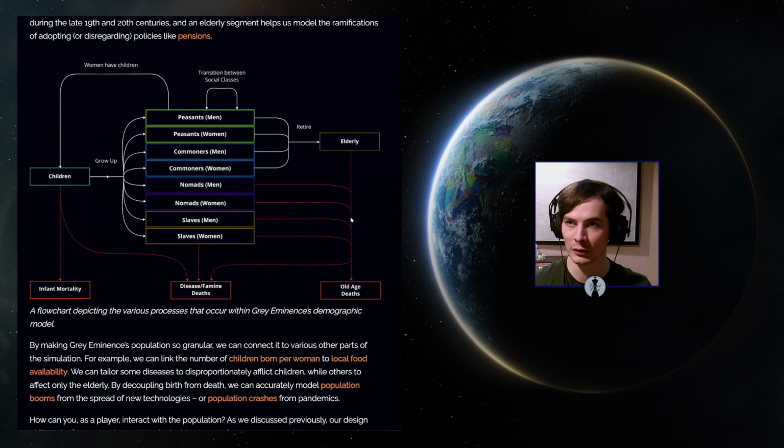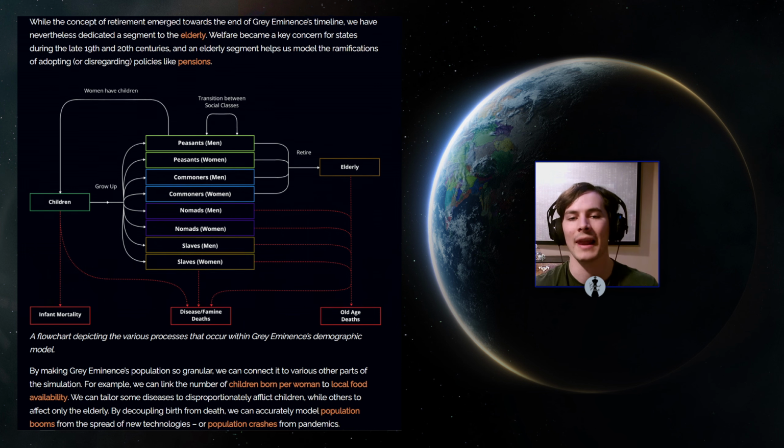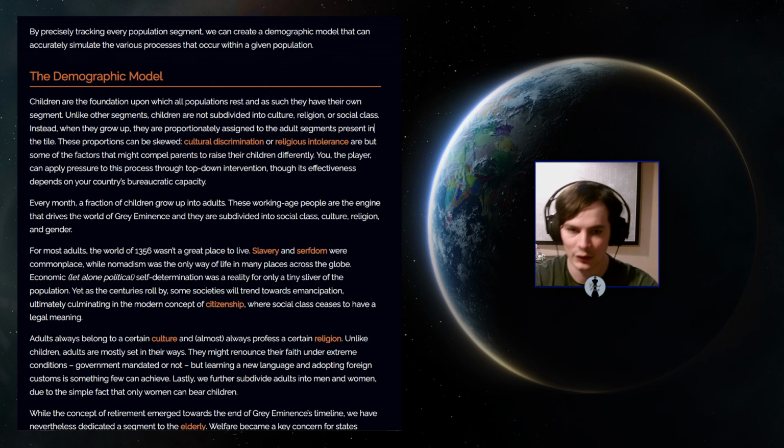There is also infant mortality, so I imagine there'll be lots of text around being able to get your population to explode once you can crank down the infant mortality. So now that we've got a little bit of an overview, let's take a step back and look at the